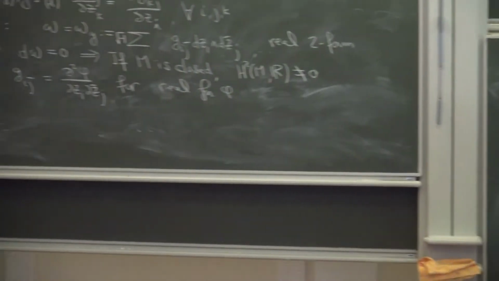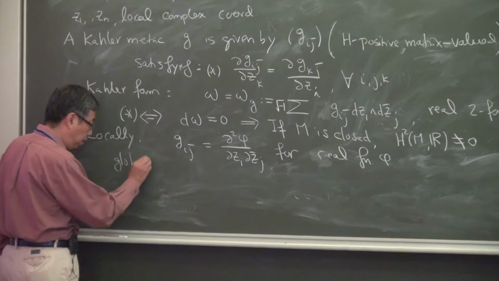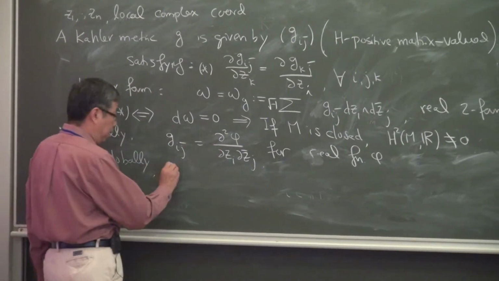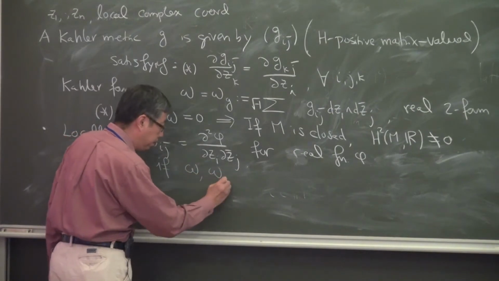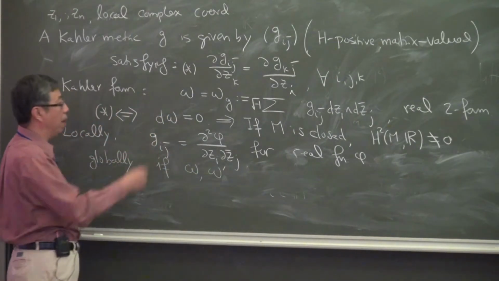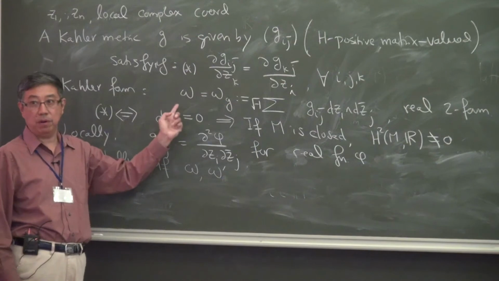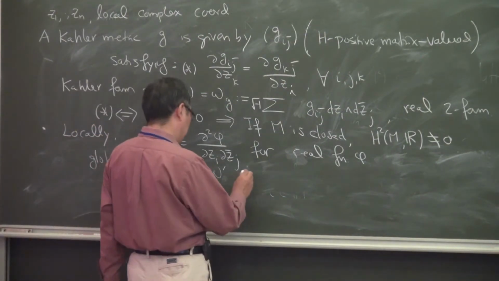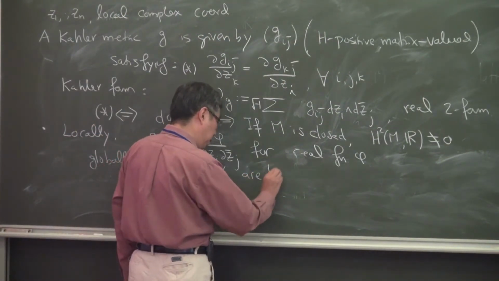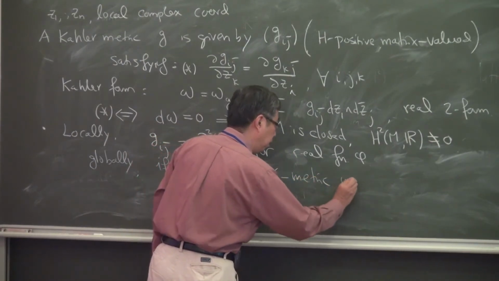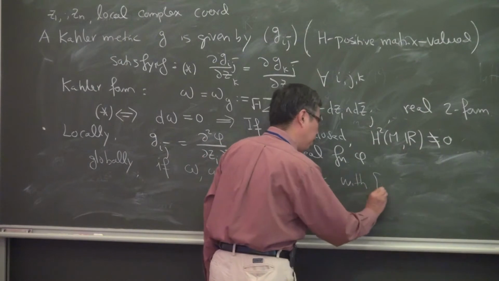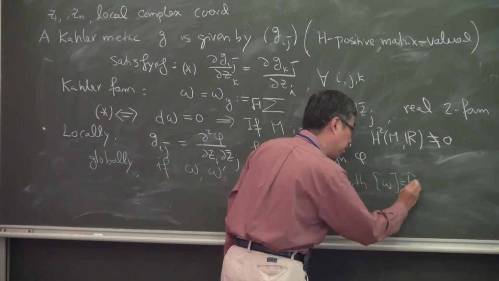Globally, if you have two Kahler metrics, omega and omega prime, where we write a Kahler metric in terms of its Kahler form,